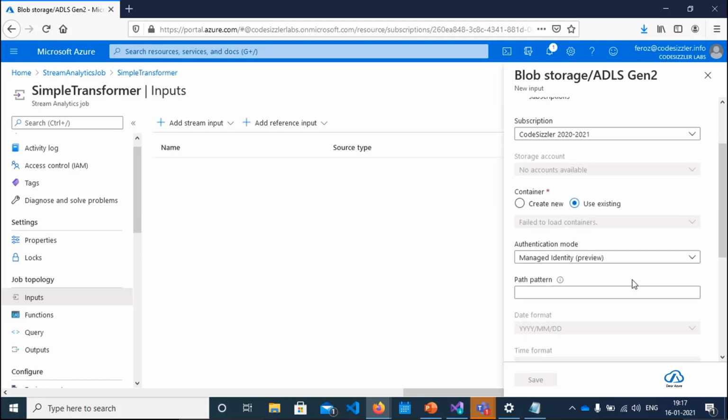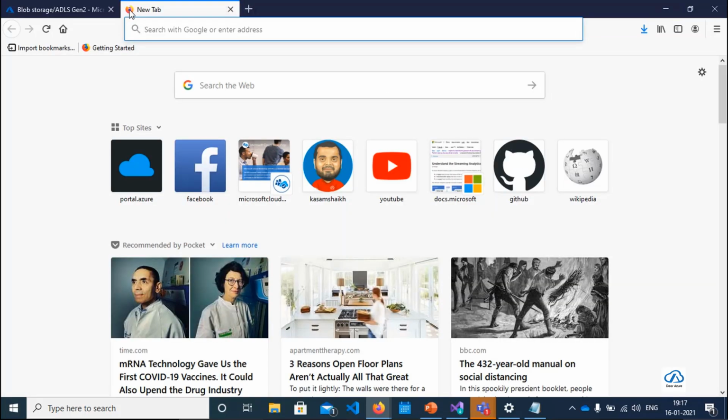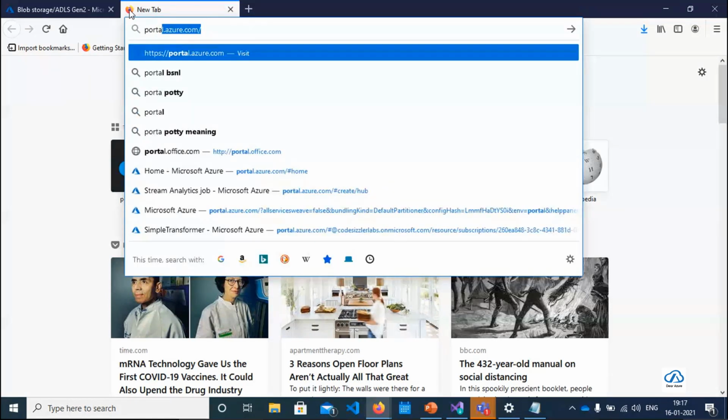And here we are going to call that. Before doing this, I need a storage account to be created. So let me create a blob storage now.